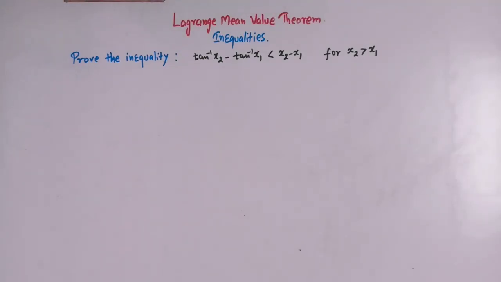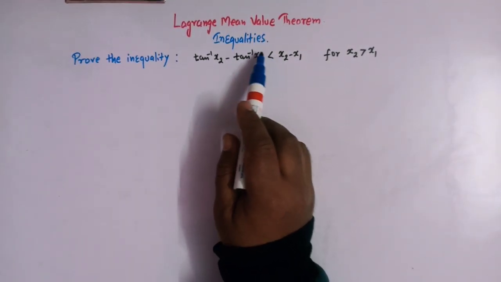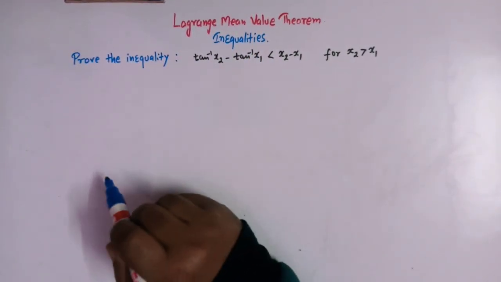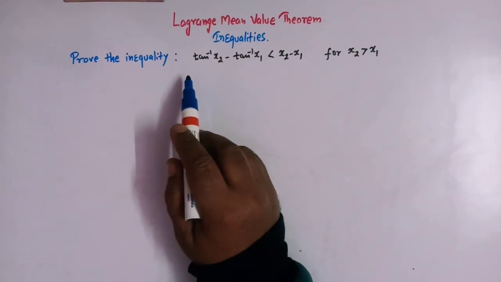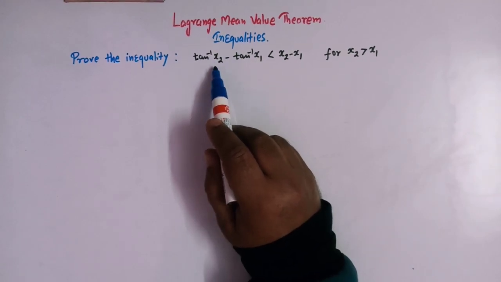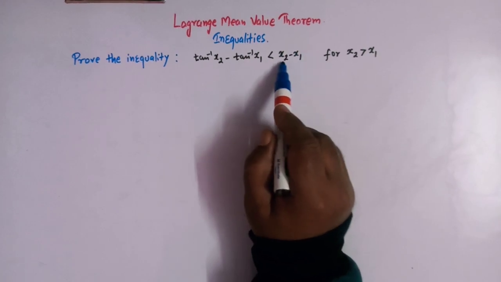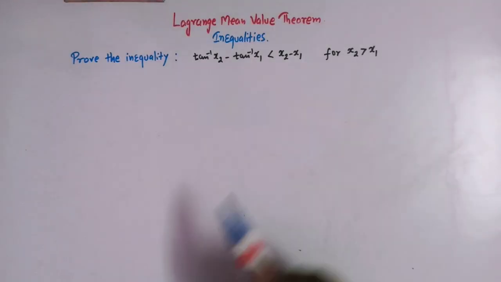Hello viewers, in today's class we are going to discuss one important application of Lagrange's mean value theorem. Here we have to prove this inequality involving inverse trigonometric functions. That is, tan inverse x2 minus tan inverse x1 is less than the difference of x2 and x1, that is x2 minus x1, for all values of x2 which are greater than